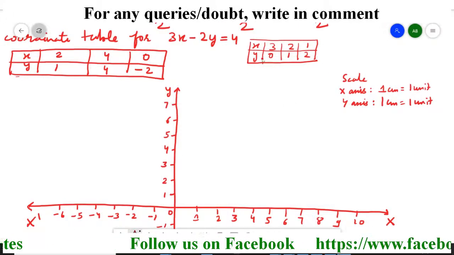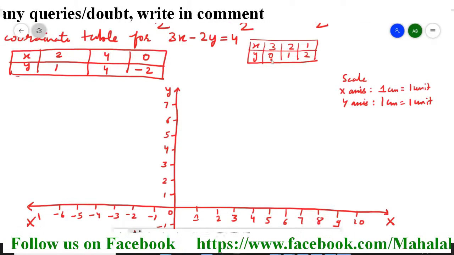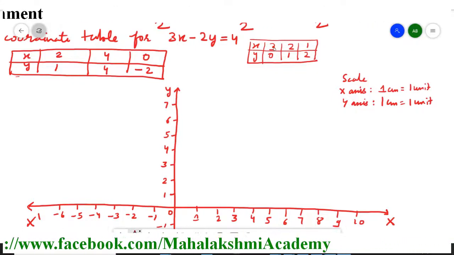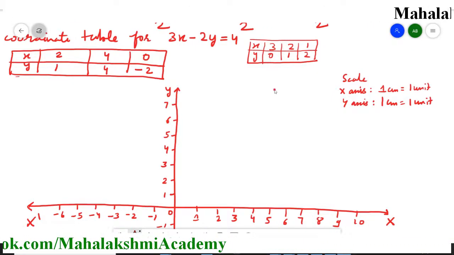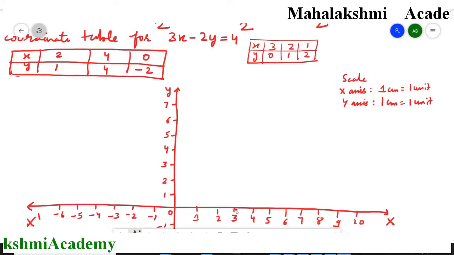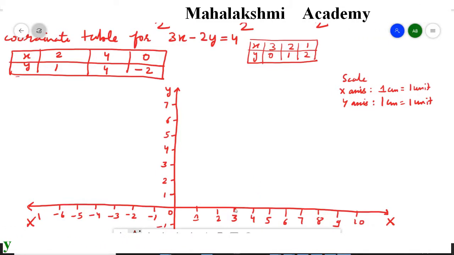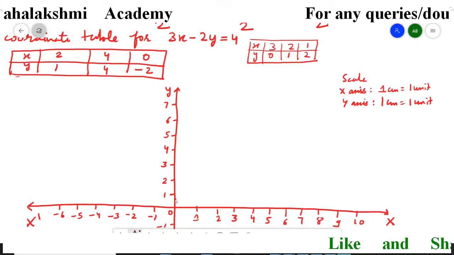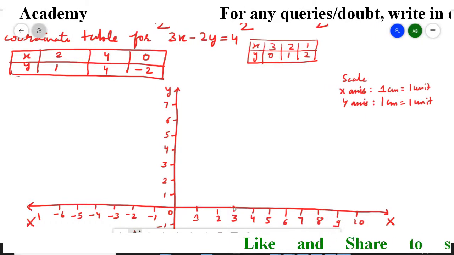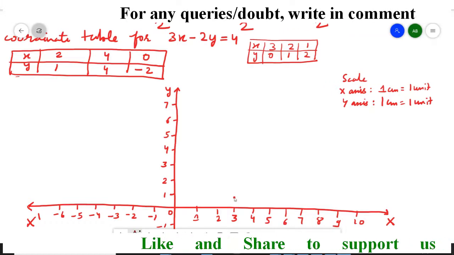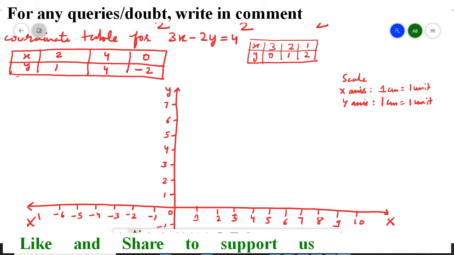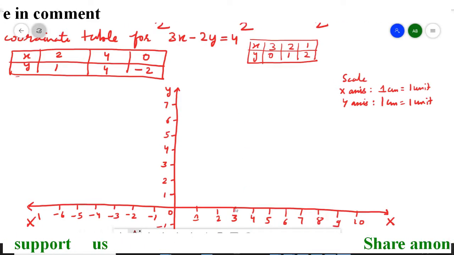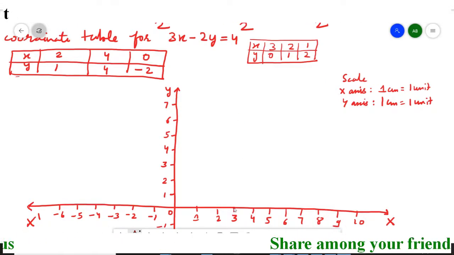So the first pair is 3, 0. So to locate the point, first you have to go to the x-axis. So x is how much? Positive 3. There is no sign, means plus 3. So plus 3 is here. So first we will go here, and then y is 0. Y is 0 means you do not have to take any step either forward or backward. You have to stop here only. So this is going to be the location of 3, 0.